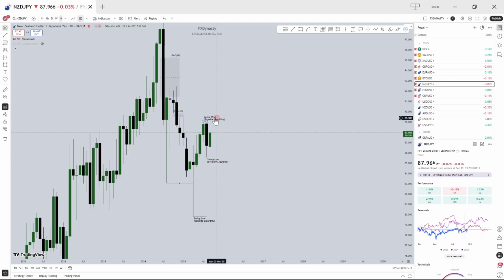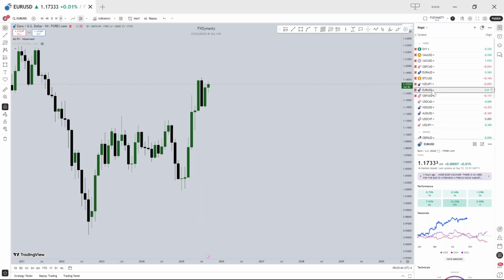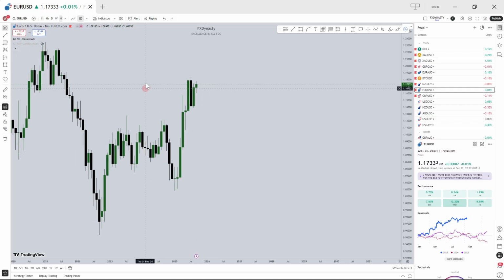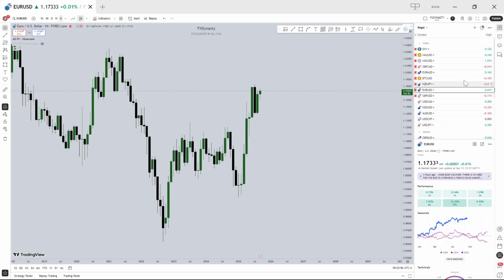That is all I have for NZDJPY. So by October, we should know what we are expecting to see on NZDJPY. So let me take you to EURAUD, where I have a trade. No, I have the trade running on GBPUSD, right? But I use the EURAUD as confluence to take that trade. So if you check,